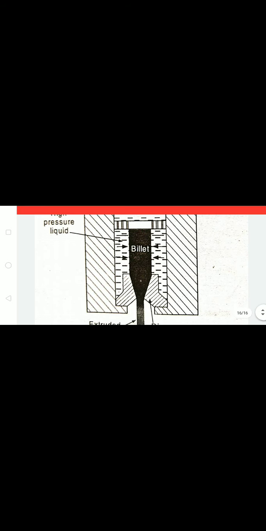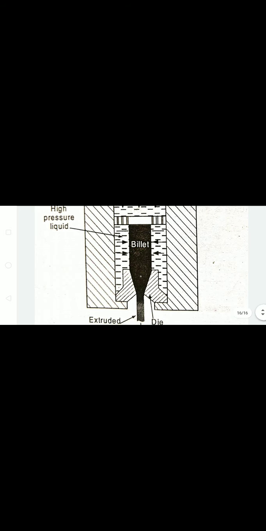All arrangements we have shown clearly in the picture. It also has a greater advantage: materials with limited ductility can also be extruded. But in earlier processes, producing tubes from them is not possible. Here, limited ductility metals and alloys can be easily extruded. There is no friction between the billet and the container, hence it requires less power also.